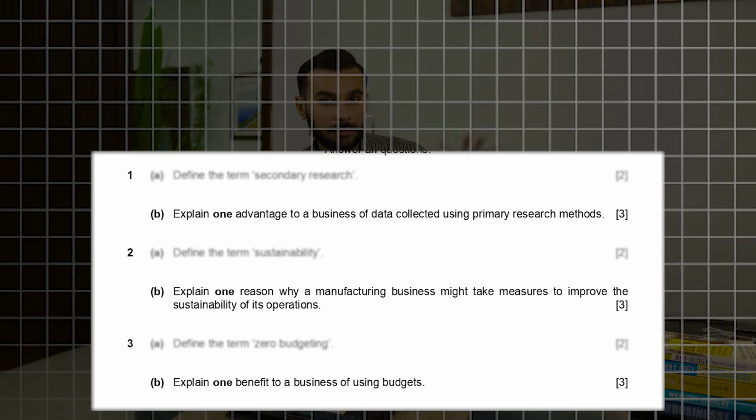And for 3 markers, as you see, this is question 1B, question 2B, and question 3B. These are 3 markers. If I read question 1B, it's: explain one advantage to a business of data collected using primary research methods. So it's asking you to explain one advantage to a business. Every 3 marker will ask you to explain any one point. It could be one advantage, one disadvantage, one reason, or something similar. For a 3 marker, you just have to write one paragraph,